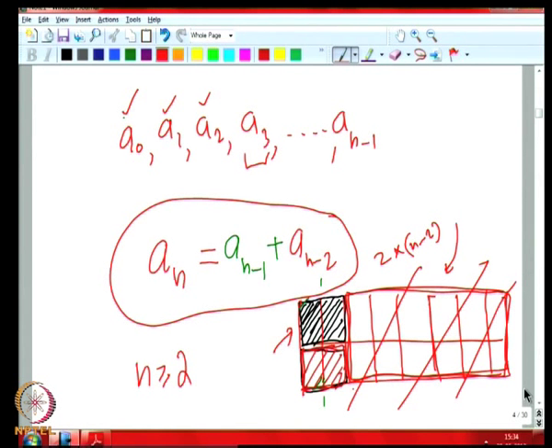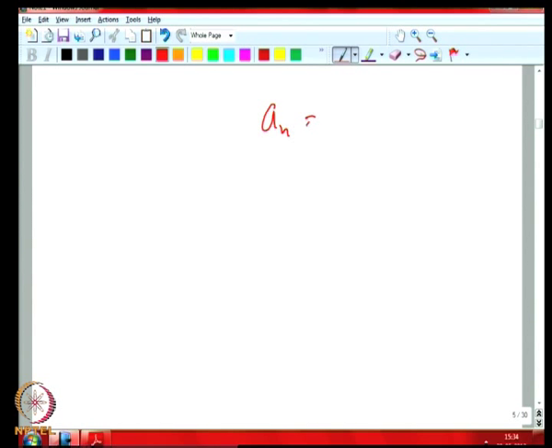So therefore what we see is that this sequence a_n, namely the number of ways to perfectly cover a 2 by n board with dominos, satisfies a recurrence relation, namely a_n equals a_(n-1) plus a_(n-2) for n greater than or equal to 2, which is the same as the recurrence relation satisfied by the Fibonacci sequence. So can we immediately infer that a_n equals f_n and write a_n equal to